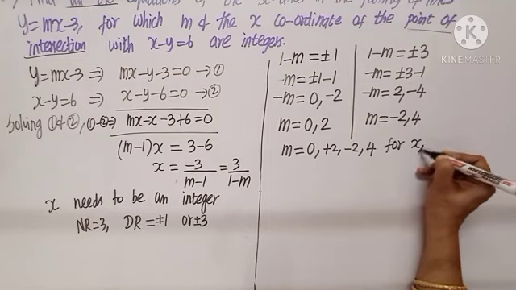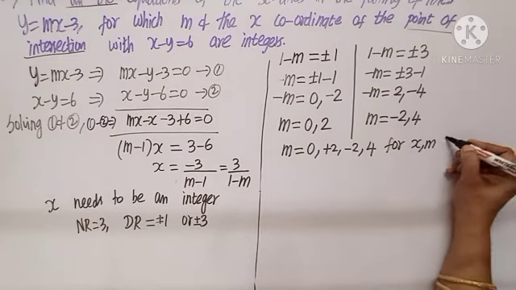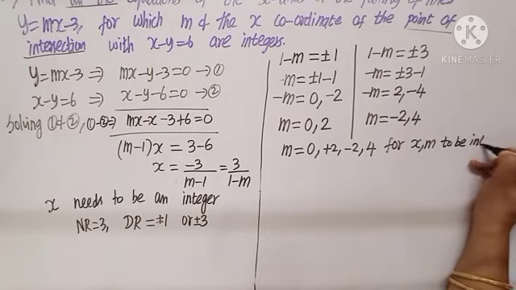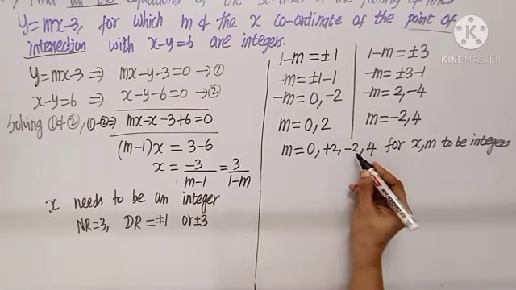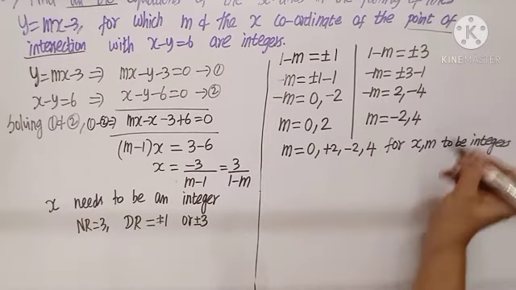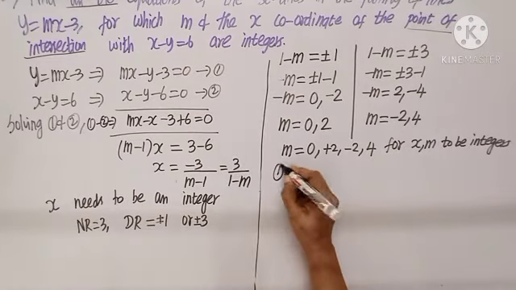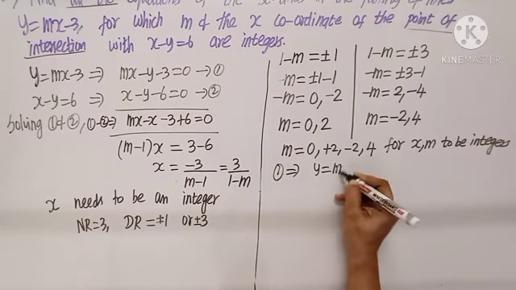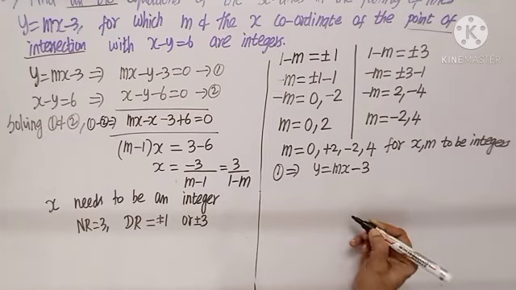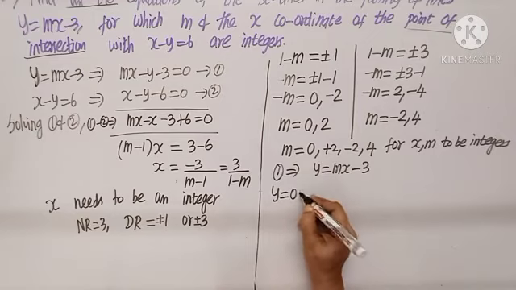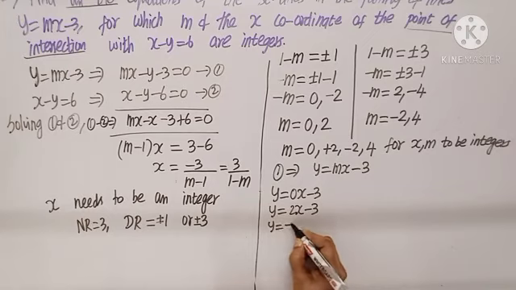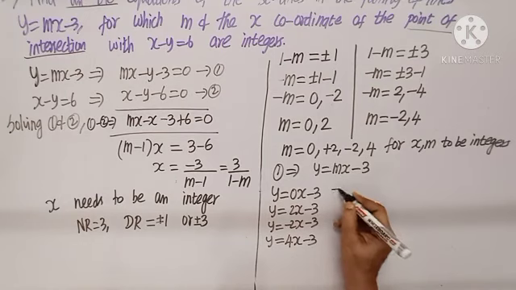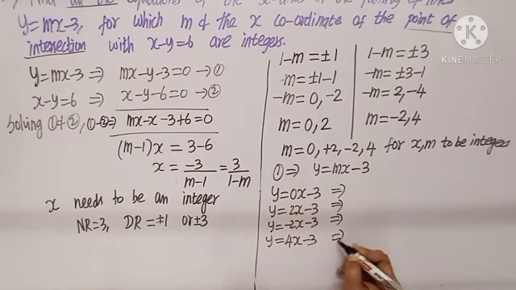So let us write, for x and m to be integers, the four values of m are 0, 2, minus 2, 4. Putting them back in equation number 1, what is the equation? y equals mx minus 3. So we get y equals 0x minus 3 or 2x minus 3 or minus 2x minus 3 or 4x minus 3. Rearranging the equations, we get